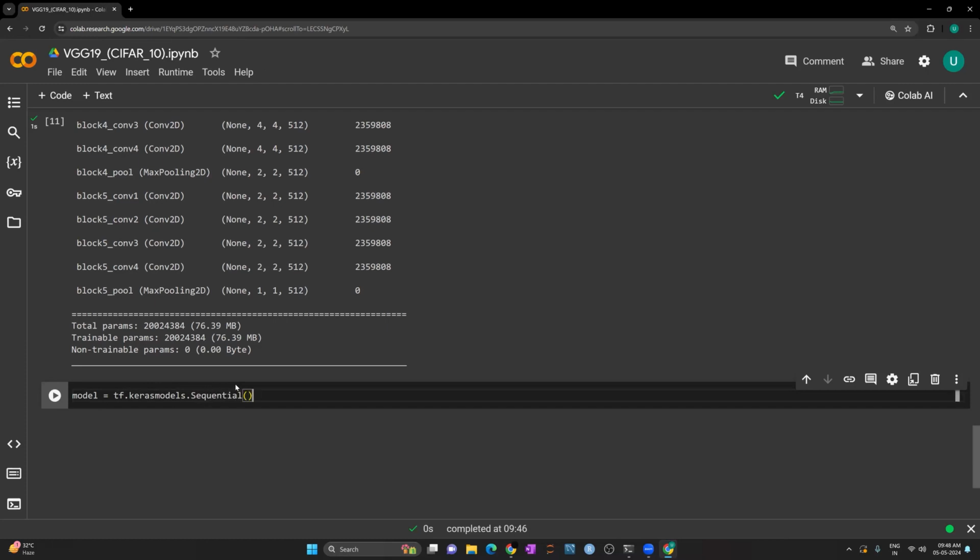So I hope all of you are aware that there are different ways to create the architecture. One is that inside a list you provide all the layers. One is first you create an empty model and then by using the add function you keep on adding different layers to this one. So that is the method we are going to use. This is the empty model. First,